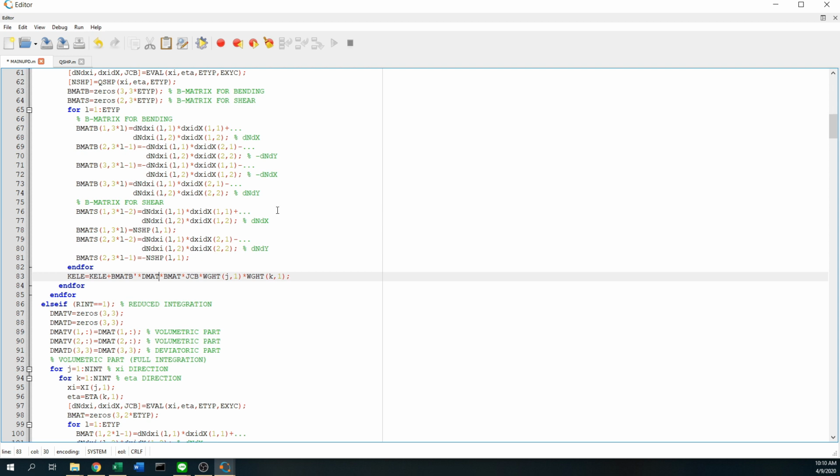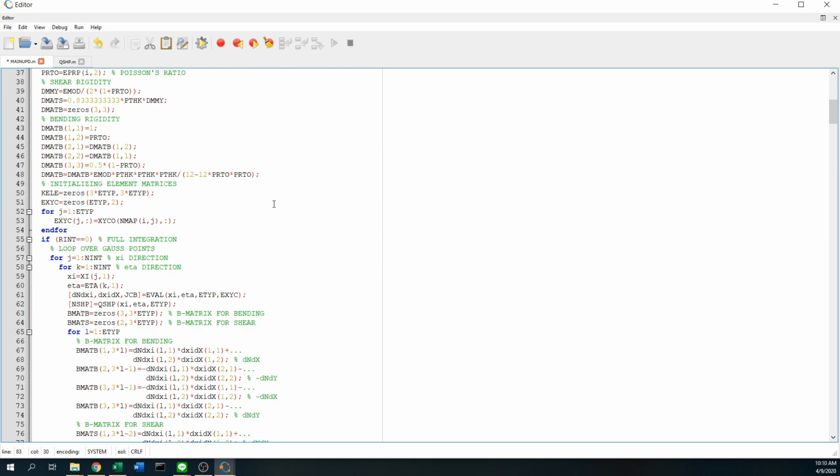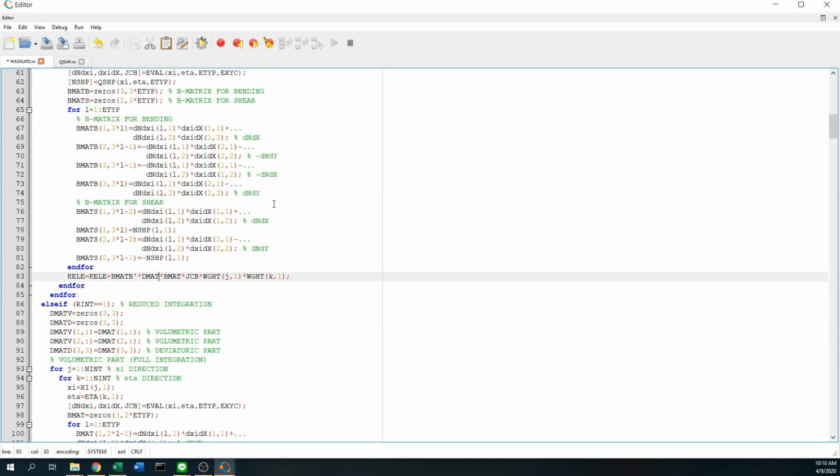I think D mat is also D mat B and D mat S. D mat B, B mat B, Jacobian of transformation and weight. That is 62 lines already. K element plus, then dot dot dot